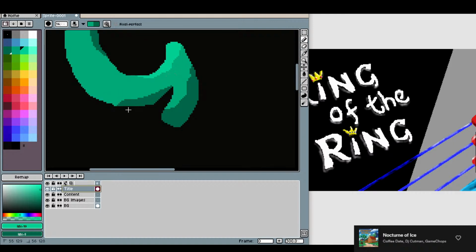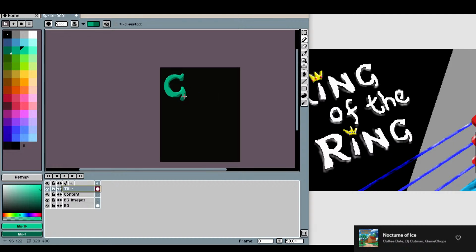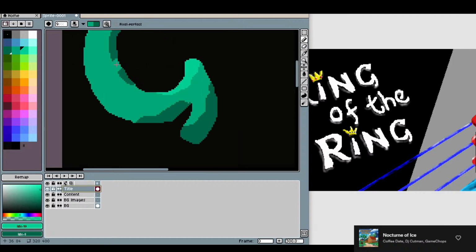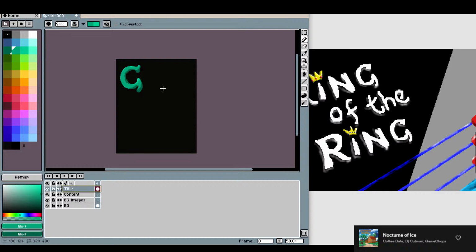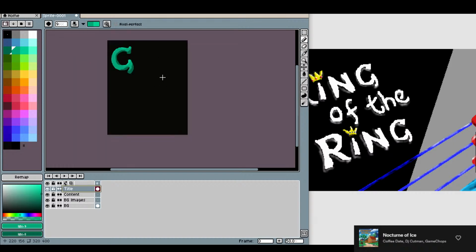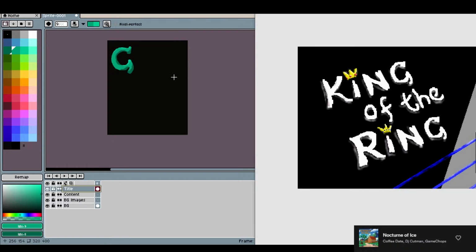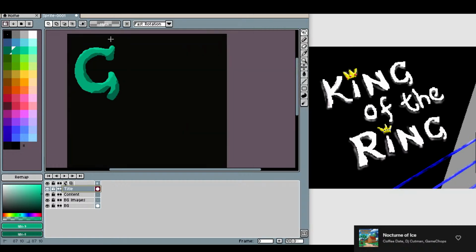Let's try and minimize this a little bit. Problem here is that little overlap there. That's all right. That looks a bit flat here. Let's give it a little bit more. That's looking all right. Now the question is, I might have to shrink it down a little bit, because I think it's going to be too big there